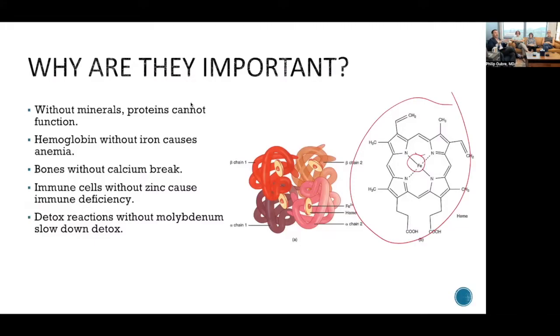So your body does not have the ability to carry oxygen. Your body makes hemoglobin. Hemoglobin traps that molecule, which traps iron. Iron actually binds to oxygen and carries the oxygen all around your body. So that's one of the ways iron deficiency causes such issues, because without iron, you can't make enough hemoglobin that actually does anything. And without hemoglobin, you die,